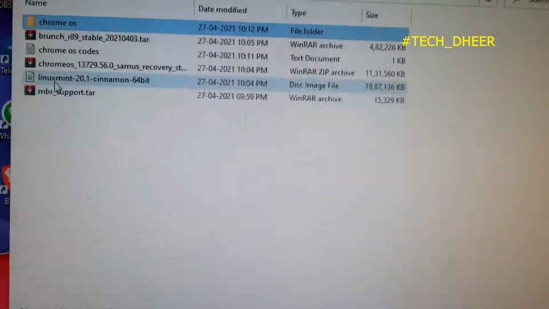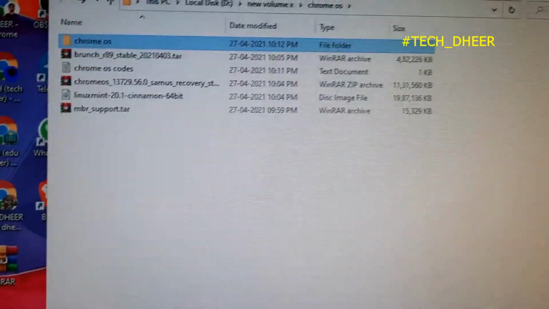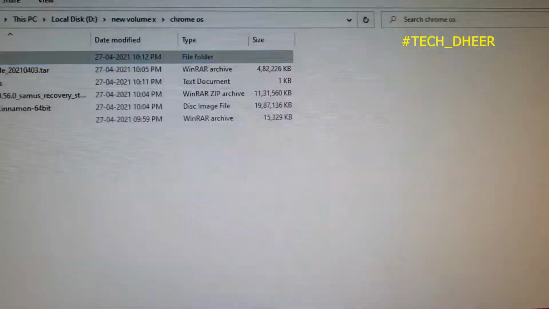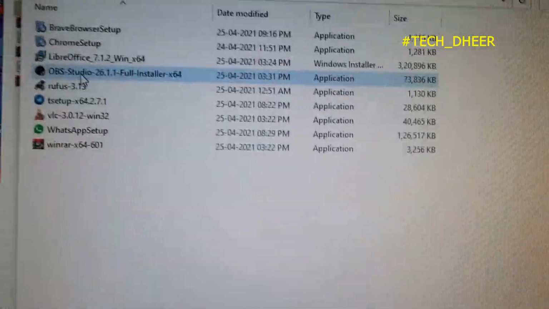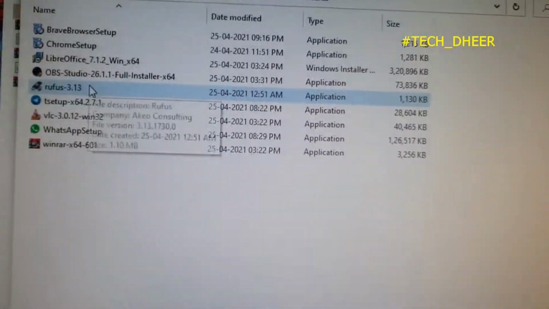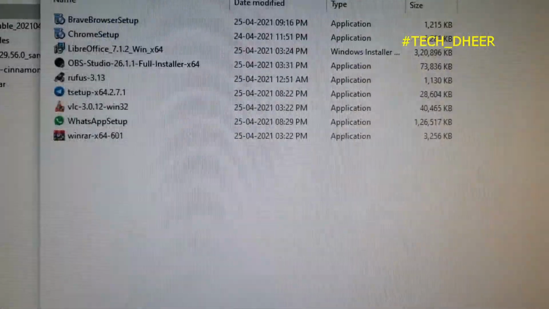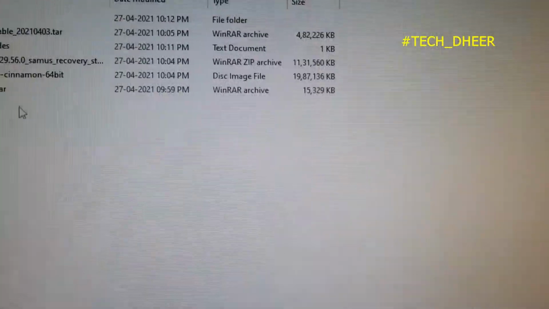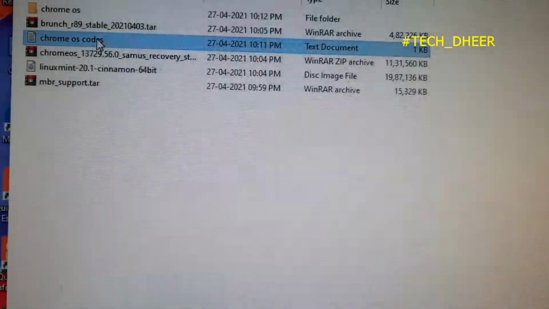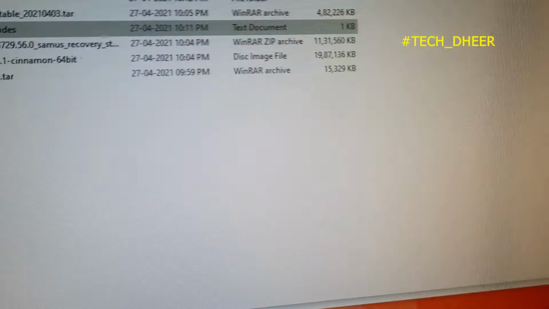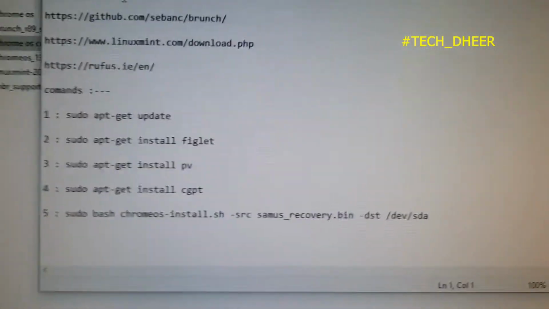First things first, we have to download Linux Mint, and one more thing we require is Rufus over here. I'll tell you how to download all these things. This is the notepad where I have written all the codes and the links.